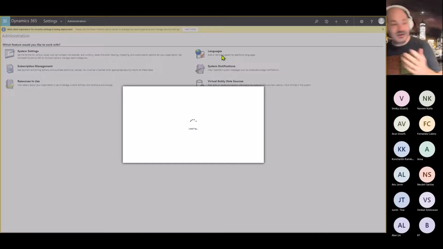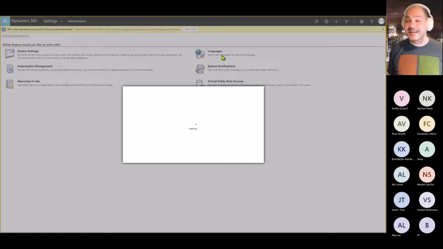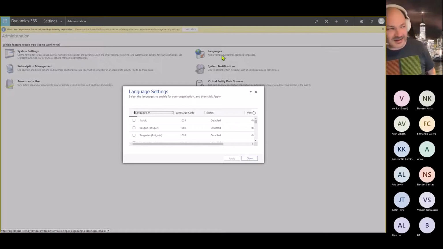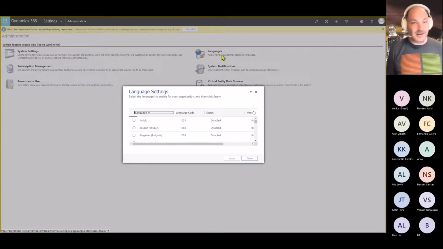Yes, so I didn't actually mention the pricing. I always try to avoid mentioning the pricing. The pricing is a lot friendlier now, and I can grab some pricing slides for that if you're interested. But the way it used to work before is it was per logins, right? And now what we're doing is basically per